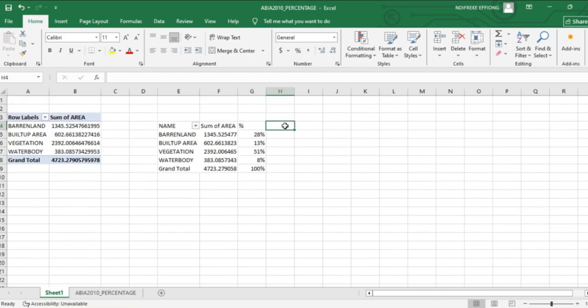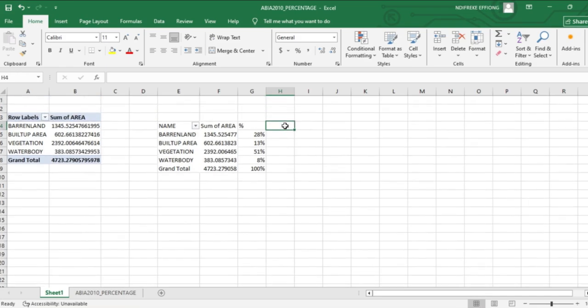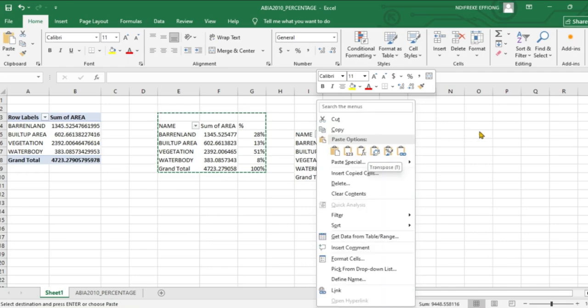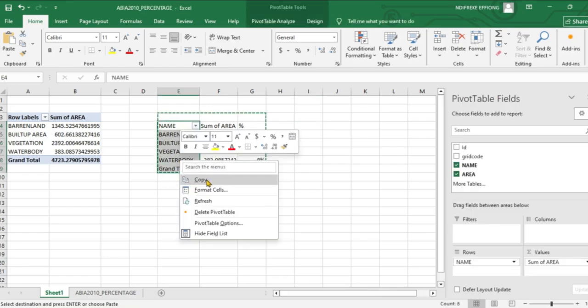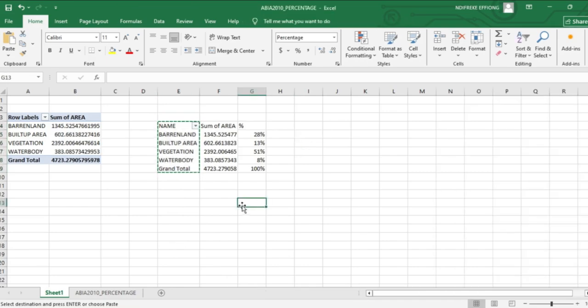Byland has a total of 28%. Build up area has a total of 13%. Then vegetation has a total of 51%, the highest. Water body has a percentage of 8%. You can do well to represent this on a pie chart, or histogram, or graph form, which others might be interested in. You can do well to present this to them and then export it to your